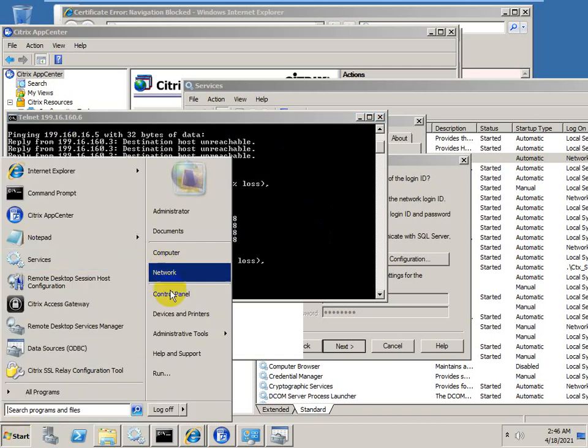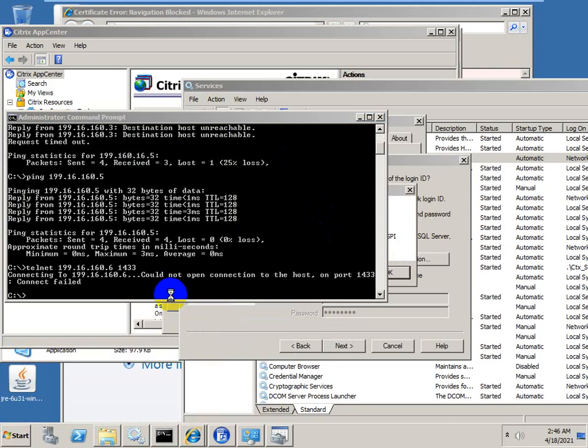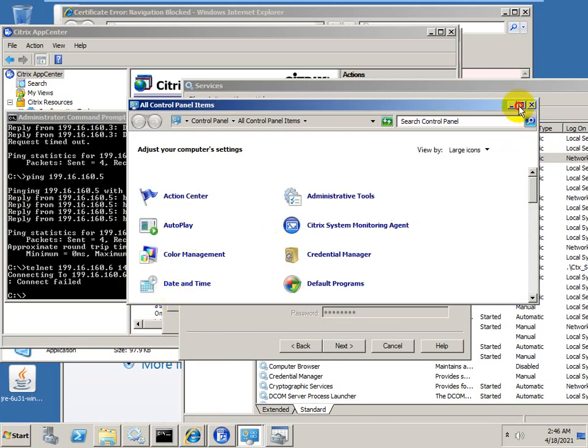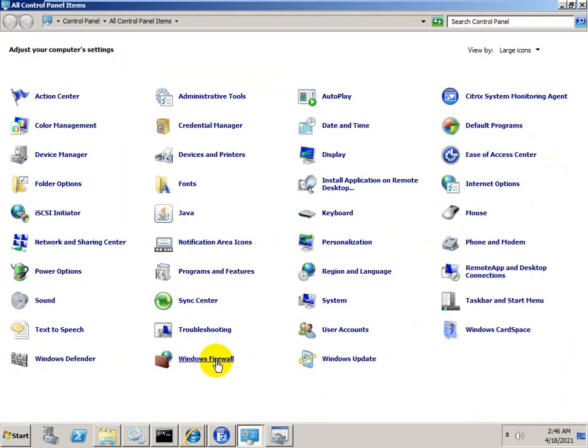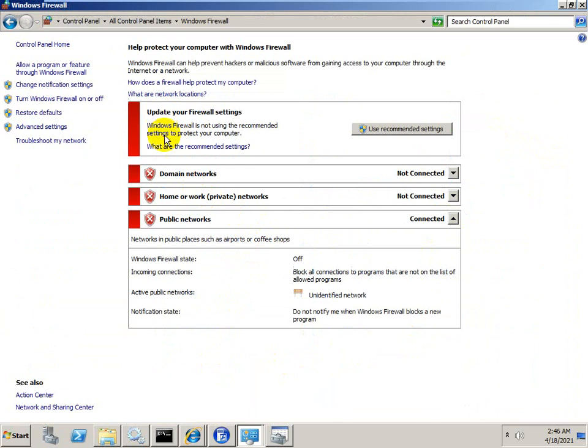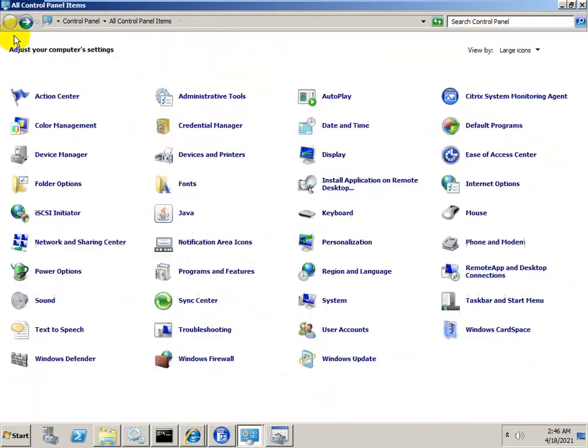So I'm going to the control panel. Here I need to check the firewall ports, if the firewall is off.